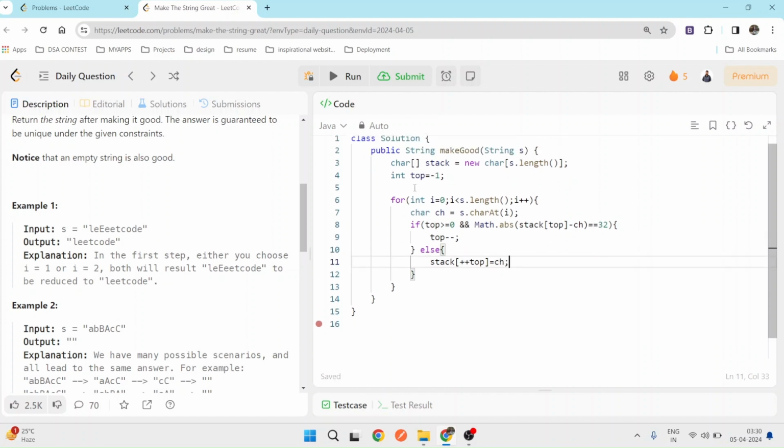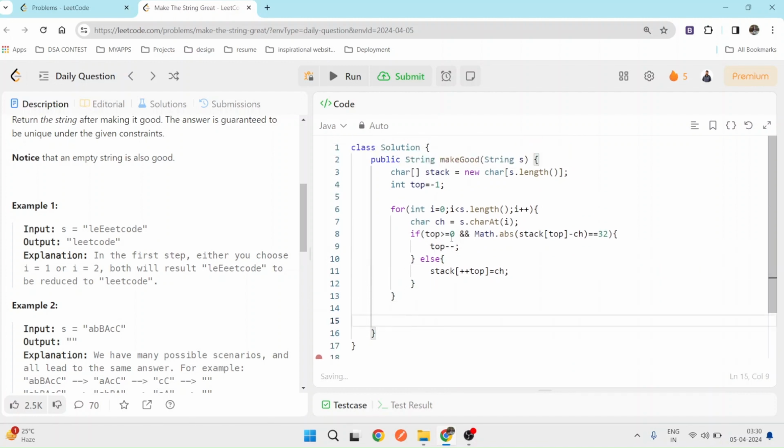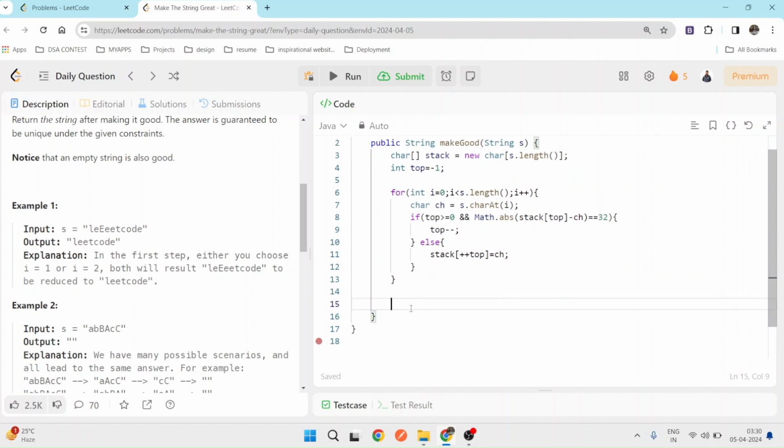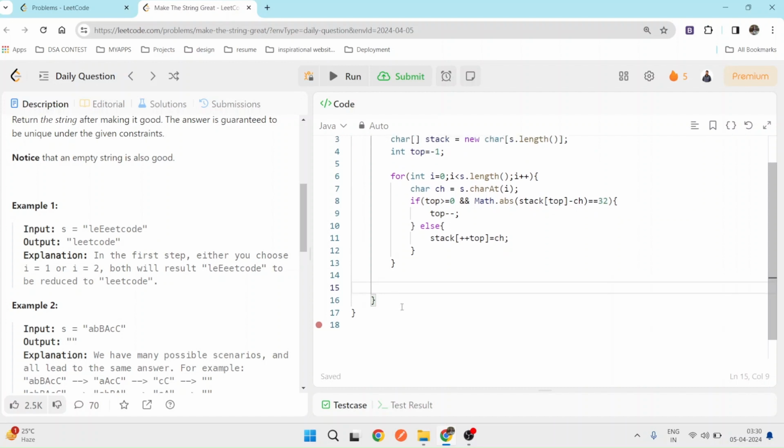So our process is nearly done. We will create a StringBuilder to insert the elements of the stack into a string. We can also do this using normal strings, but it takes so much time. So we create a StringBuilder.